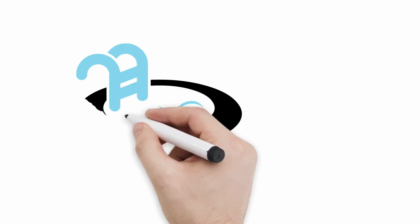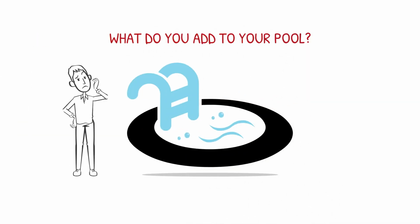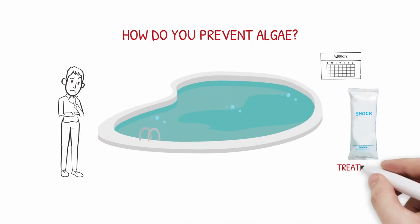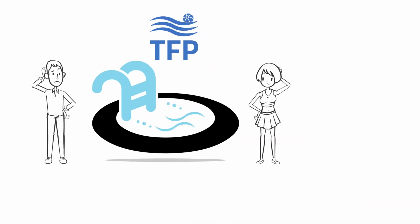Seldom is there a word that's tossed around more freely in the pool community than the word shock. Your pool is green? Shock it. What do you add to your pool? Shock. How do you prevent algae? You do weekly shock treatments. All this can be greatly confusing to pool newbies, and at TFP, we'd like to try to clarify the meaning